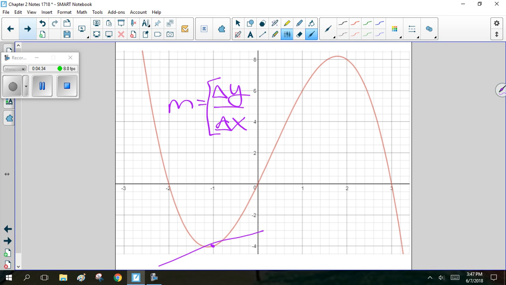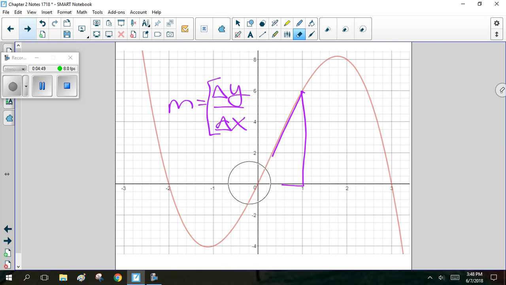So maybe I want to find the slope from here to here. So this would be my delta x, this would be my delta y, right? Okay, and then the slope would be the slope of this straight line that connects those 2 points, right? Now, in math class, we call the derivative,